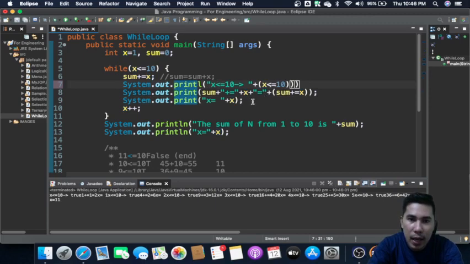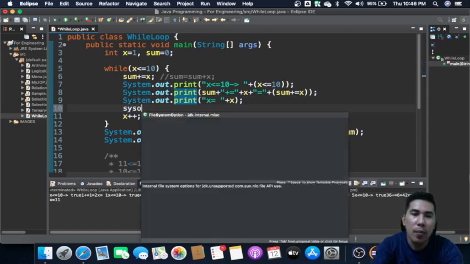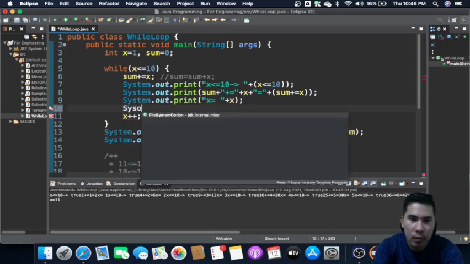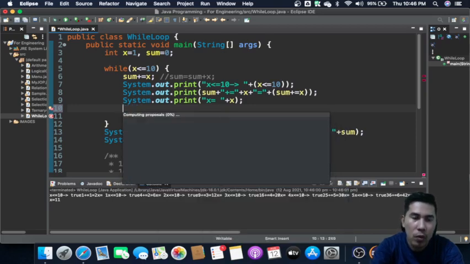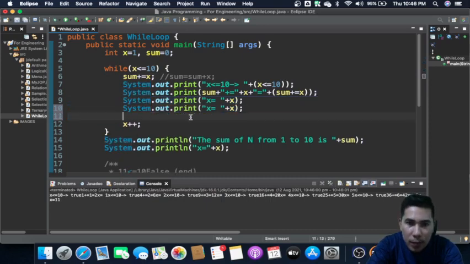So, print line, System.out. Anyway, I'm tired of typing. So, let me have a print line statement here.